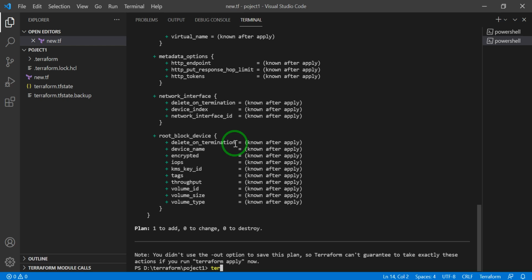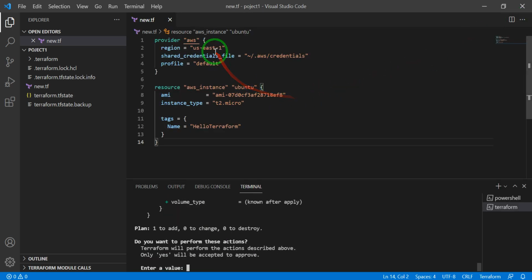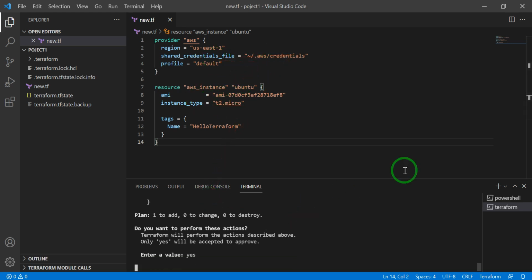So let's start provisioning our instance with the help of Terraform. I just apply. It means this code will be pushed to AWS, and AWS will recognize that this is the username from here, and it wants a T2 micro. It will be provisioning automatically over there.